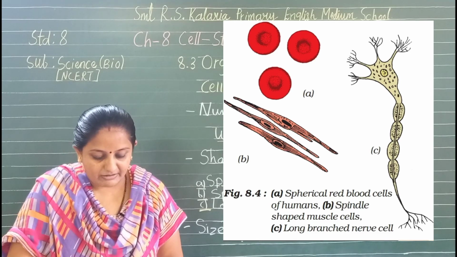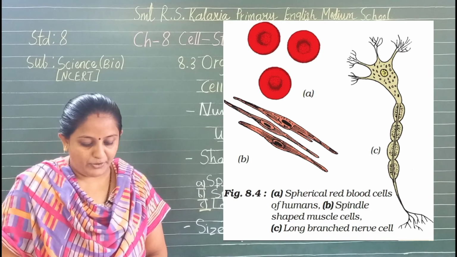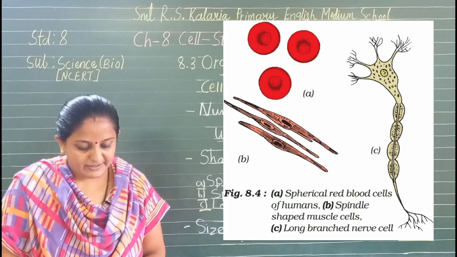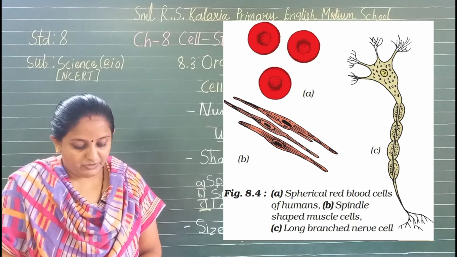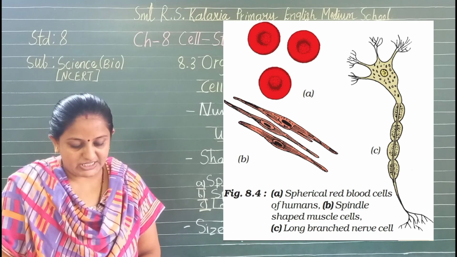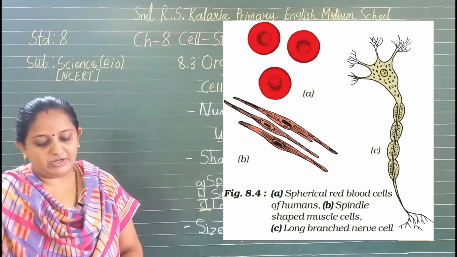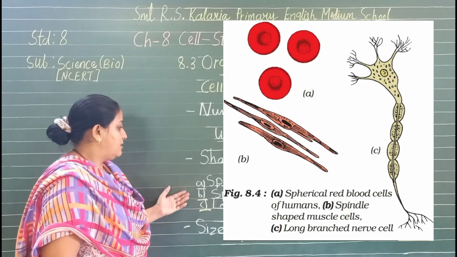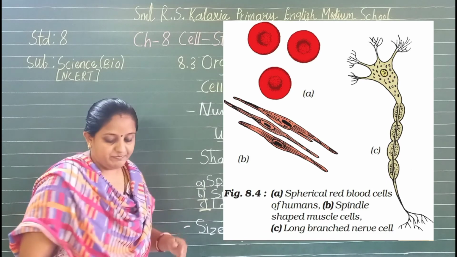Generally cells are round, spherical or elongated. Some cells are long and pointed at both the ends, that is a spindle one, isn't it? We can say that sometimes they are quite long, and some are branched like a nerve cell or a neuron. Now the nerve cell receives and transfers messages, thereby helping to control and coordinate the working of the different parts of the body. So these are the shapes of the cells, and their functions are also different.